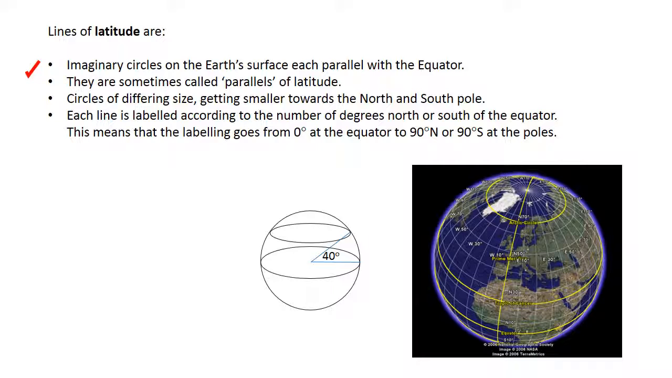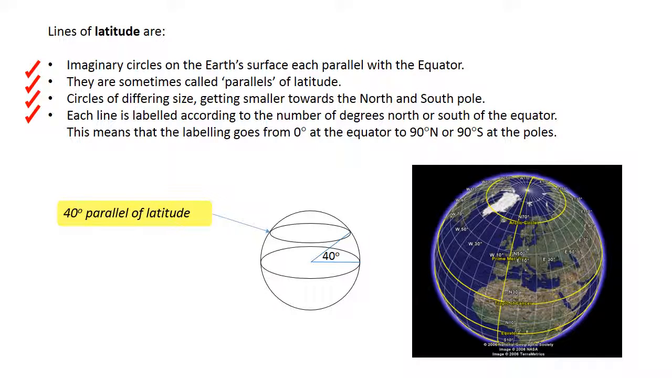They are sometimes called parallels of latitude. Lines of latitude are circles of differing size, getting smaller towards the North and South Pole. Each line is labelled according to the number of degrees north or south of the equator. This means that the labelling goes from 0 degrees at the equator to 90 degrees north or 90 degrees south